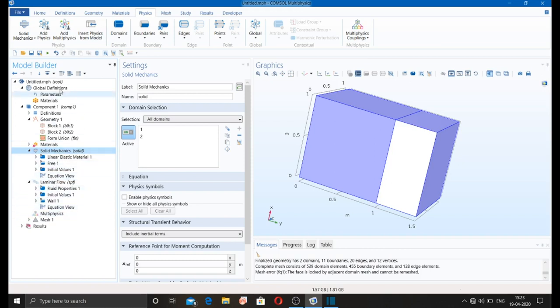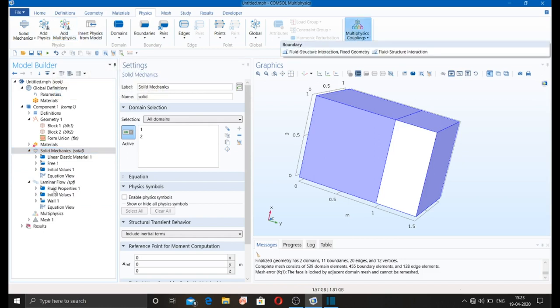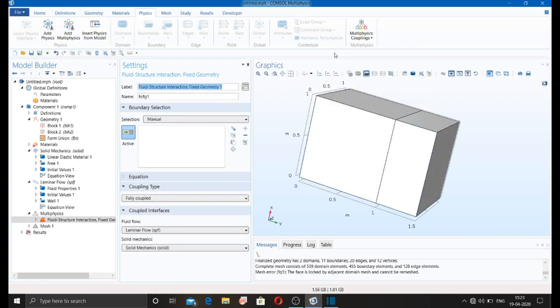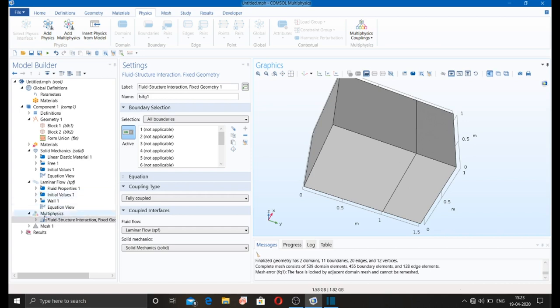So from here you can see the multi-physics coupling between these two particular physics. So fluid structure interaction, fixed geometry, fluid structure interaction. So whatever kind of multi-physics coupling you want to add, just add it. I add it. Okay, and select any kind of thing, all boundaries or anything. Oh, not applicable.